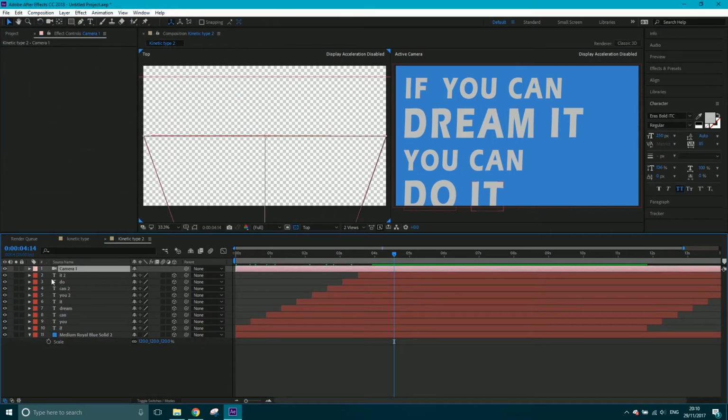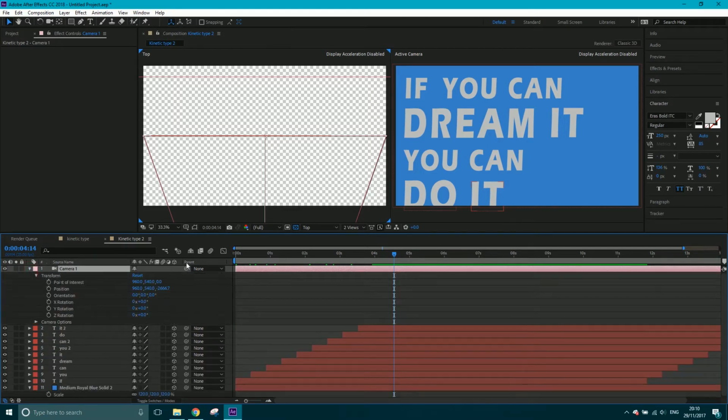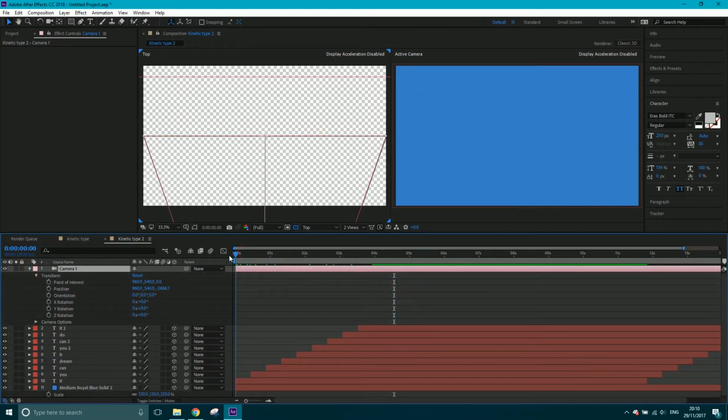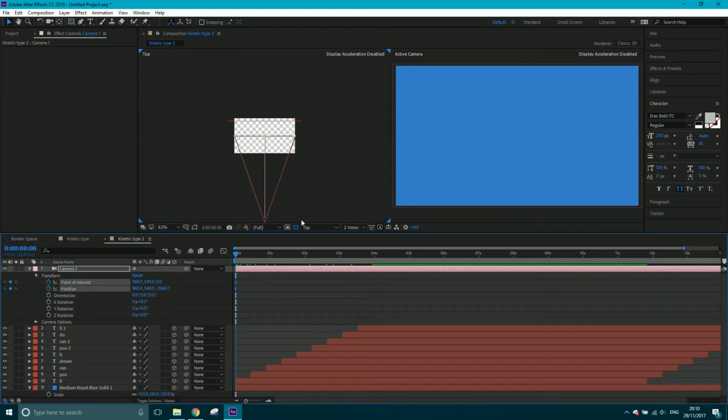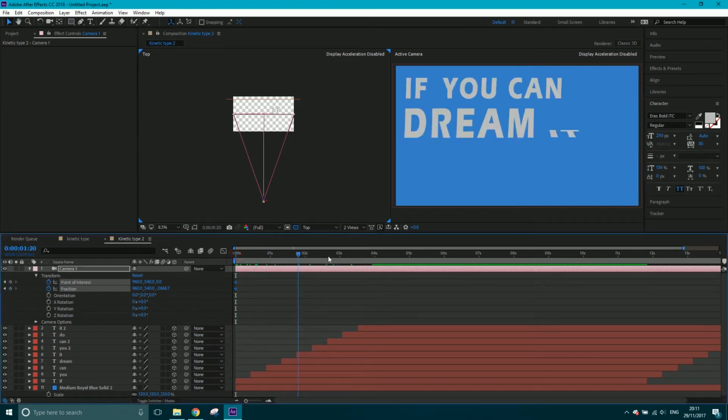Excellent. So I've got my camera. I'm going to hit P for position, or actually come down into the transform. I'm going to come to the beginning, set a keyframe for point of interest and position. I'm going to zoom out of my second view by here and come forwards to about this point just before the word "do" comes in, and I'm going to pull my camera back